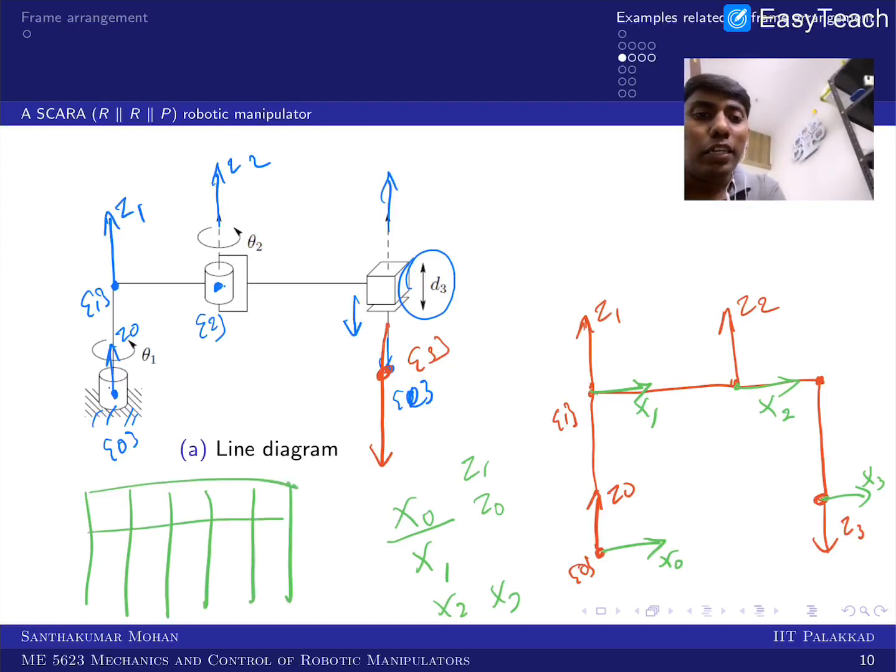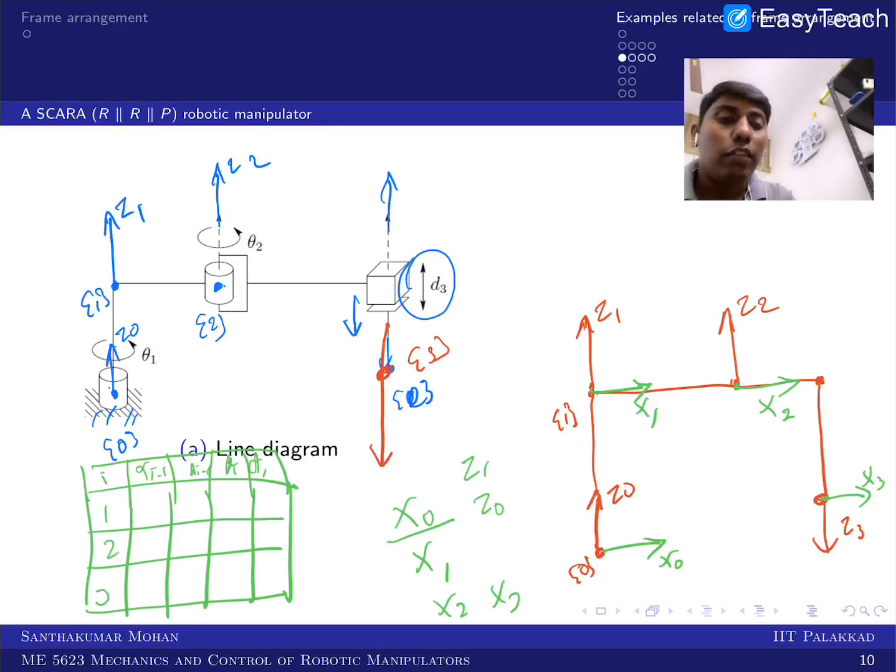Okay, so now we have to come to the DH parameters. We can realize the DH parameters like this. So I'm taking this ith one: this is alpha i-1, this is a i-1, and this is theta i, and this is d i. Okay, so now 1, 2, 3 are the frames. So 0 to 1, is there any rotation about x? No. And there is no distance along x0, right? And Z1 is an active joint, so theta 1 is coming, and there is a distance along Z1, that I'm calling d1.